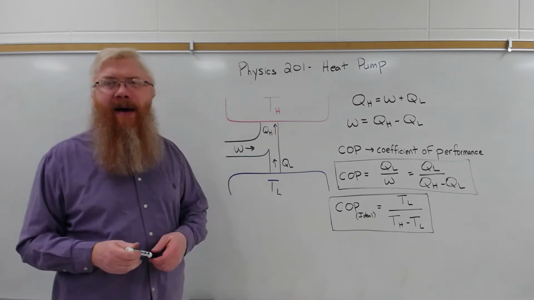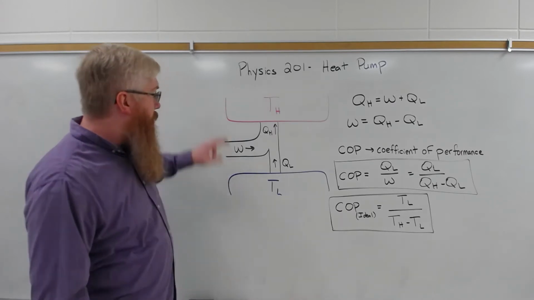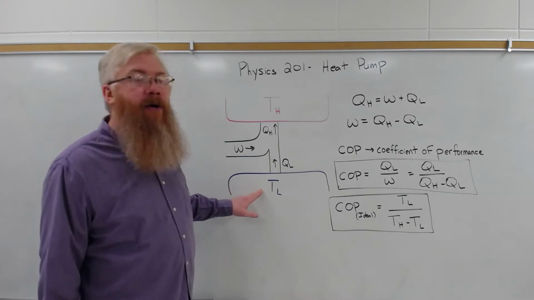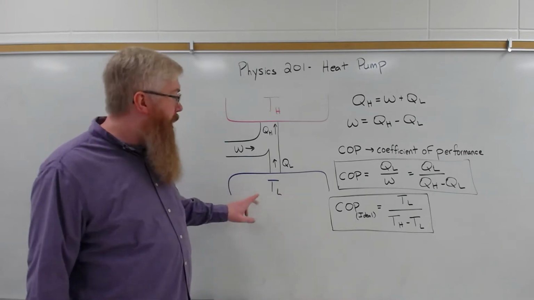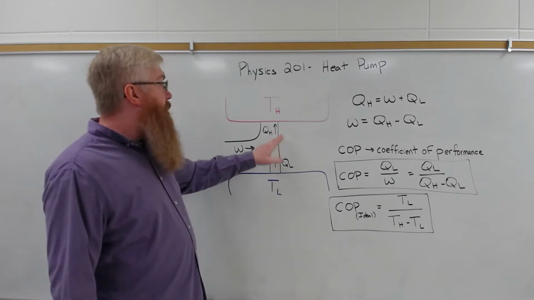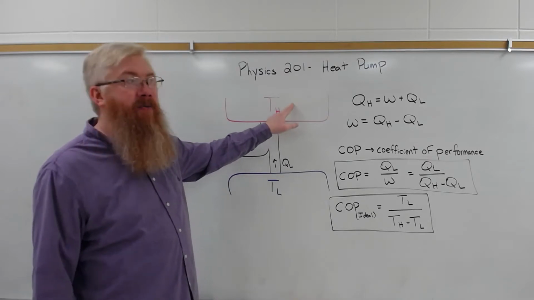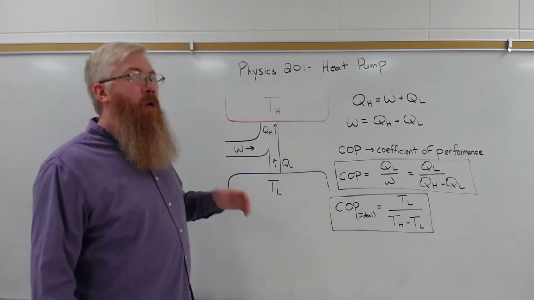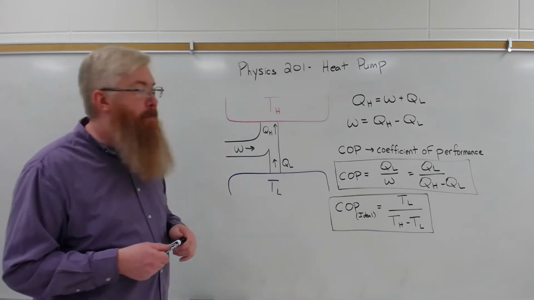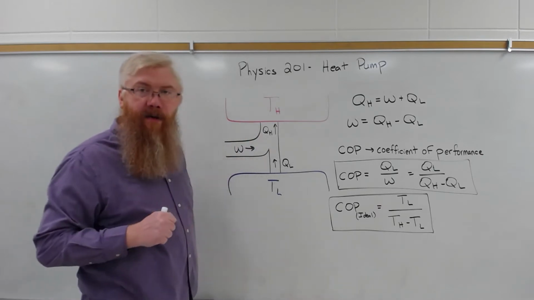So how do you get it to happen? Well, you do it by doing work on the system. So we want our low temperature reservoir, imagine this is the inside of your house that you're air conditioning or the inside of your refrigerator. You want to pull heat from that system, Q sub L, and you want to dump that heat into your high temperature reservoir. In this case, the high temperature reservoir would be outside on a hot day, or the kitchen air surrounding your refrigerator. To do that, you must put work into the system.